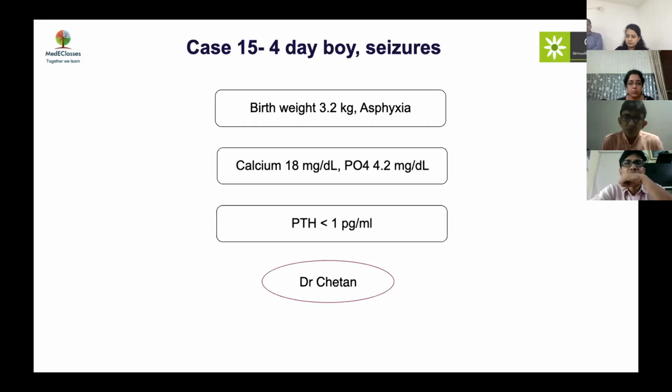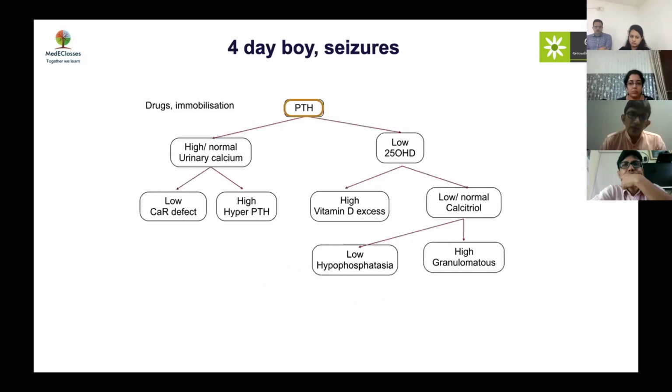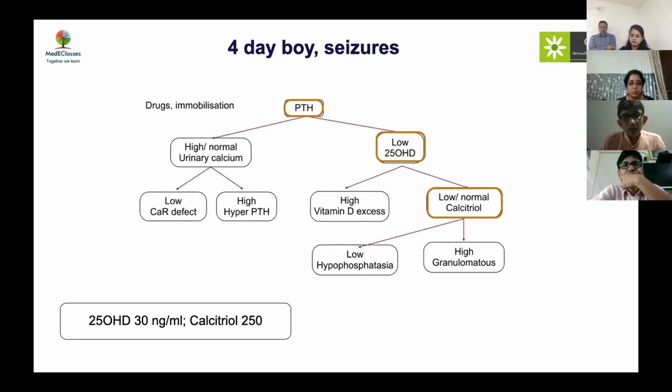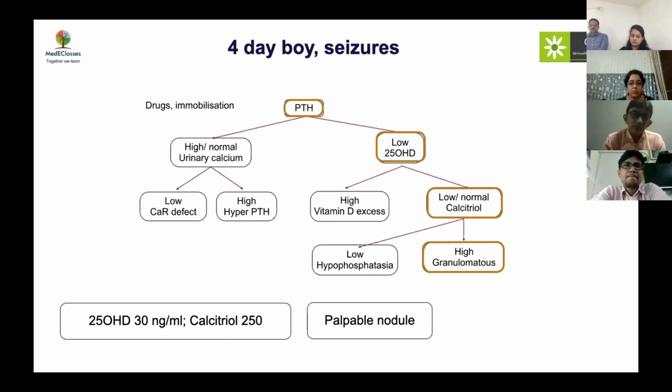So this is a neonate with definite hypercalcemia with adequate suppression of PTH. So it looks like a PTH-independent cause of hypercalcemia, which is causing high calcium. So the next step would be to think in terms of high vitamin D or high calcitriol level. Plus, asphyxia is suggestive of difficult labor, so this is quite common in newborns. And we see that 25-hydroxy D is normal, but calcitriol is way high. The upper limit of calcitriol is 90 to 100, and this is way high. So vitamin D is normal, but it is activated excessively into calcitriol, which is driving our hypercalcemia.